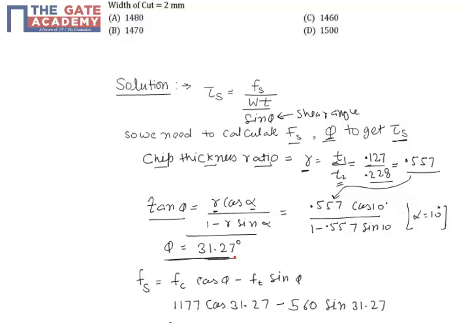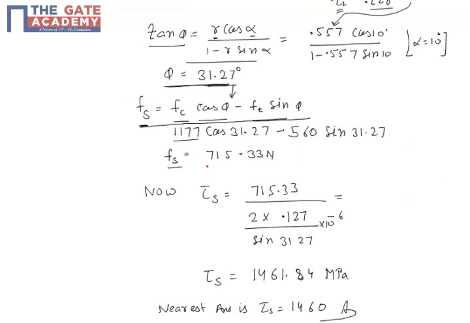degree. Again we need the value of Fs. Fs means shear force, which is equal to cutting force multiplied by cos phi minus Ft, thrust force, multiplied by sin phi. So 1177 is the cutting force, and phi we have already calculated: the value of phi is 31.27. Putting these things into this equation, we get the value of Fs,